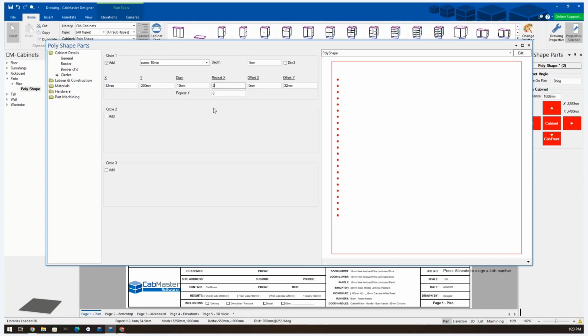So I'm going to show that a little bit more clearly, because if I offset on the X and the Y, so 32, it will push it on a vertical axis, on a diagonal axis. If I put 3 in there, it will go up like that. But if I start putting in the Y-axis, observe what happens. It creates a box of 4. And if I increase this one, it will go up like that. And this one